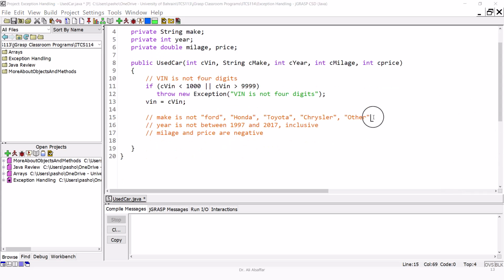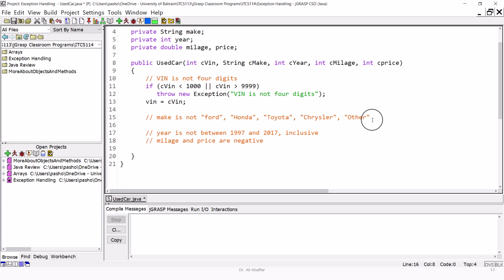Now for the second exception, if the car make is not equal to Ford, Honda, Toyota, Chrysler, or other, then we are going to throw an exception. So we write if, and the input parameter is CMake. And remember, we are dealing with strings, so we cannot use the equality operator to check for equality for strings. So we are going to use the method equalsIgnoreCase, and inside we will put Ford. But here we are testing for not equal. So if the car make is not equal to Ford, and at the same time it's not equal to Honda,